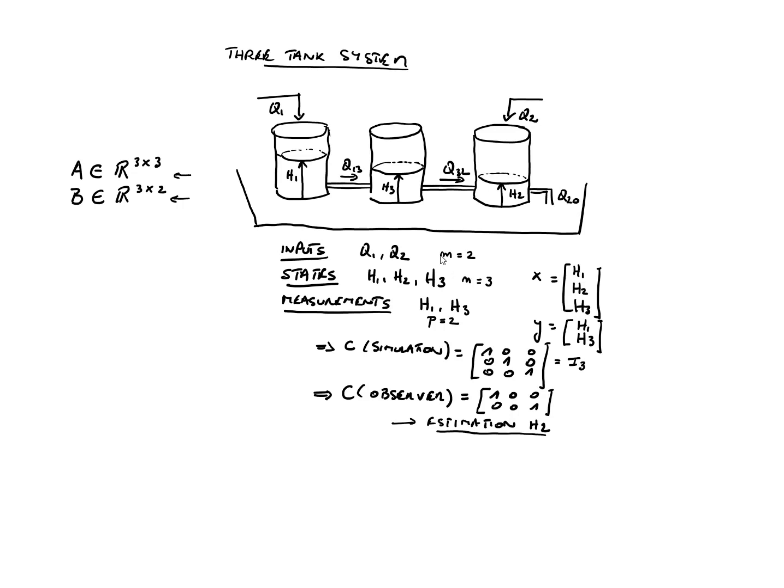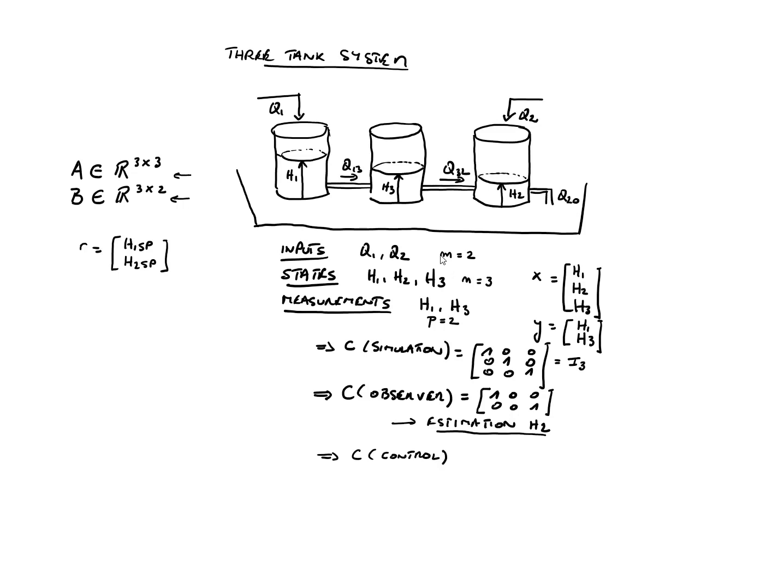So we'll assume here that the reference, or the set point if you prefer, is equal to H1 set point and H2 set point, so that we are able to set the set points for the level in the first tank and in the second tank as a user. Well, in this case, this means that the C that we'll use for control